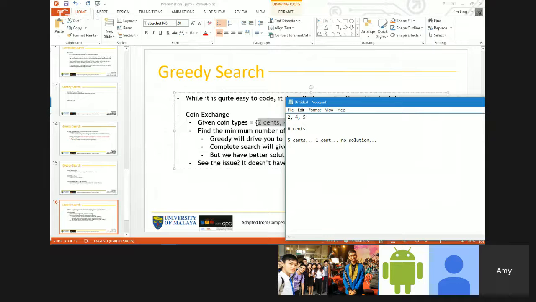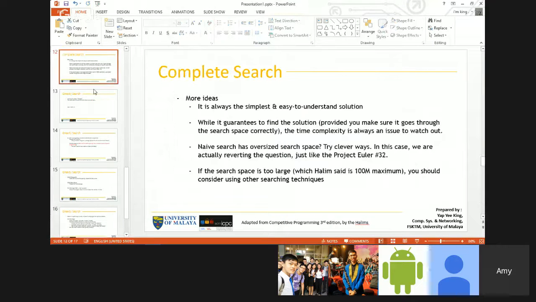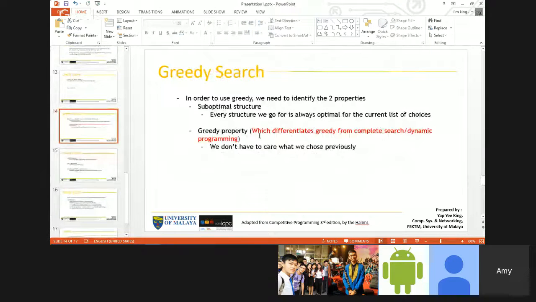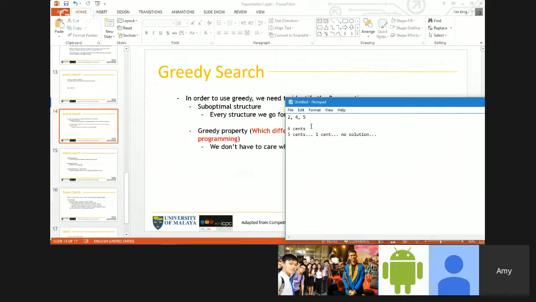So that's the issue with greedy search. If you observe this question correctly, it doesn't have the greedy property. We don't have to care what we chose previously. But for this case, we need to care that what we chose previously will affect our solution. If we choose 5, we need to care about it. If we choose 4,